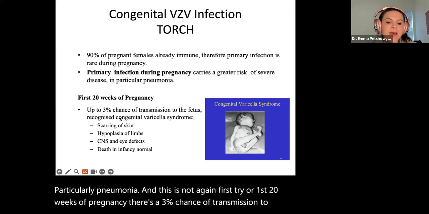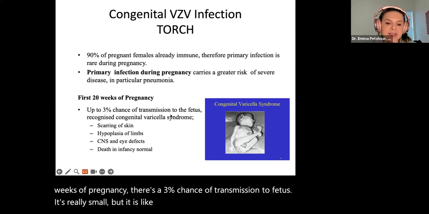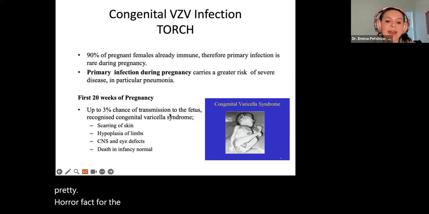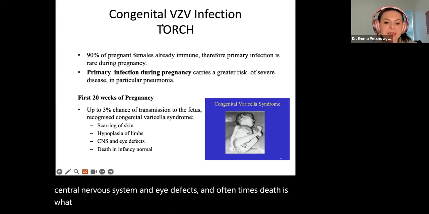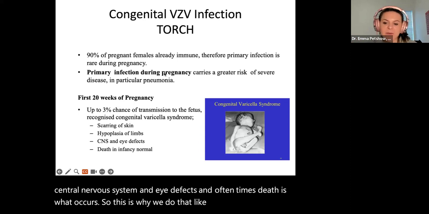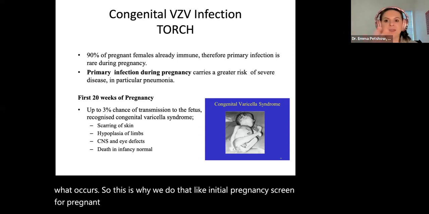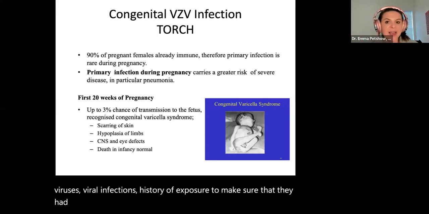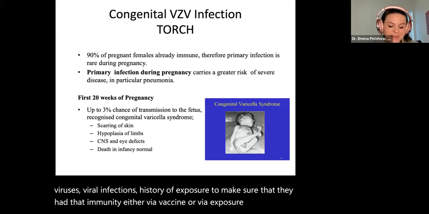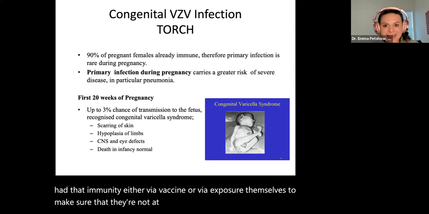It's really small, but it is a congenital varicella syndrome that's pretty horrific for the fetus: scarring of the skin, hypoplasia of limbs, central nervous system and eye defects, and oftentimes death is what occurs. So this is why we do that initial pregnancy screen for pregnant moms, where we check for all of these viral infections and history of exposure, to make sure that they have had immunity either via vaccine or via exposure themselves, to make sure that they're not at risk for passing it down to their